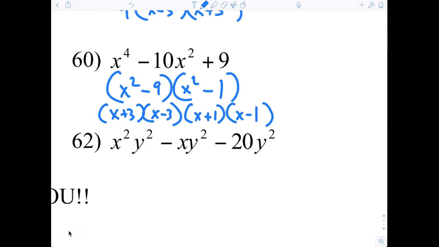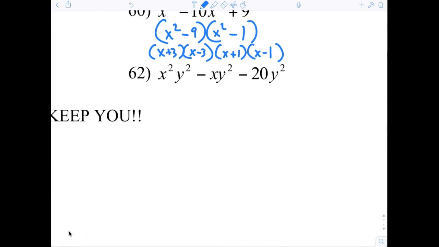There you have it. Nothing difficult. And finally, 62, what's common? Y squared, parentheses, x squared minus x squared. There you go. Can't you still factor? And now that factors to